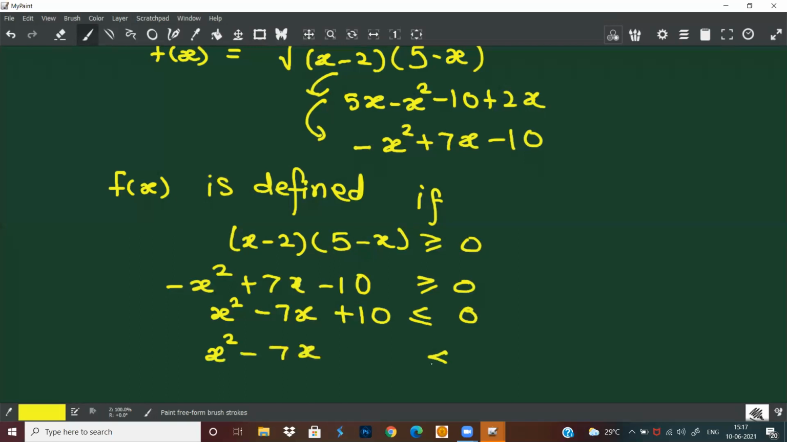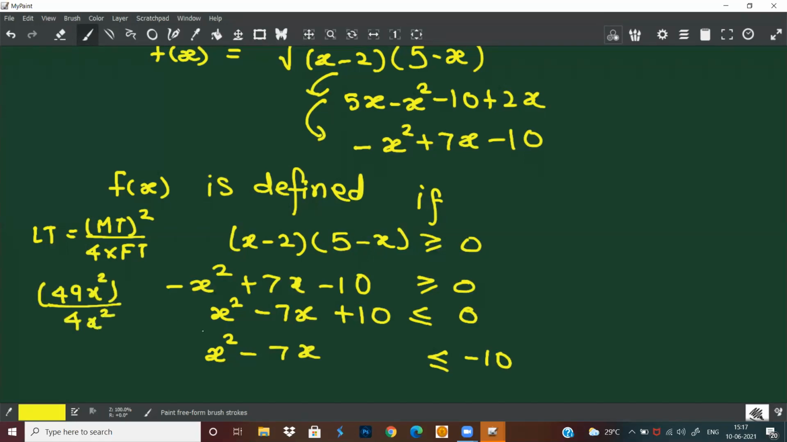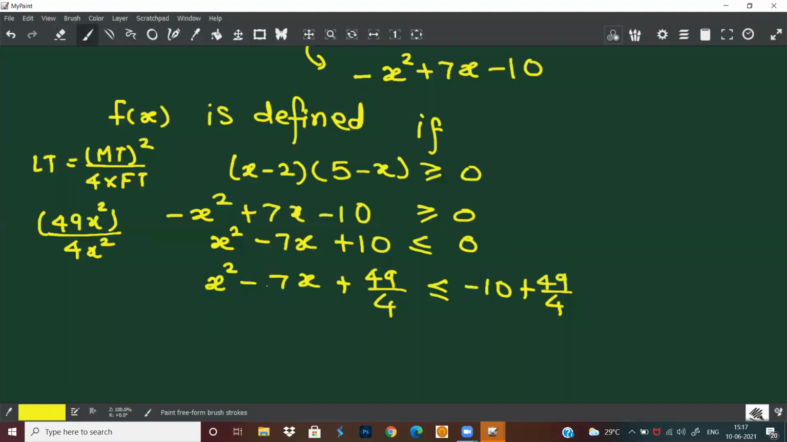I taught you this just now, if you remember. How do you find the last term? It is the middle term squared upon 4 into the first term, to find the last term of the perfect square. So the middle term is minus 7x, so its square is 49x square upon 4 into the first term, which is x square. So I get 49 by 4. So you add 49 by 4 on both sides. So this becomes x, the middle minus sign, 7 by 2 the whole square is